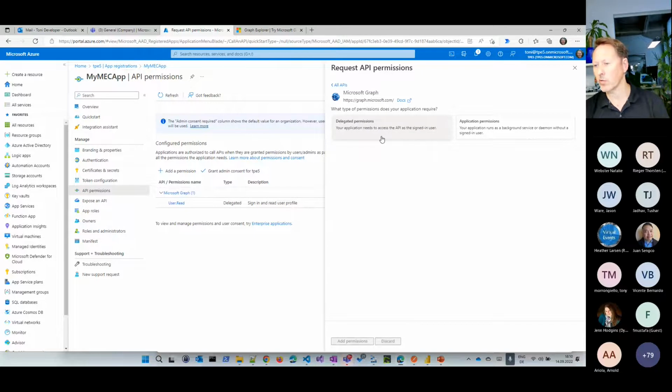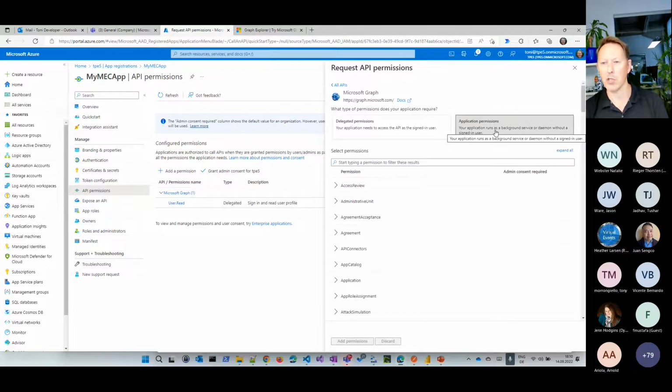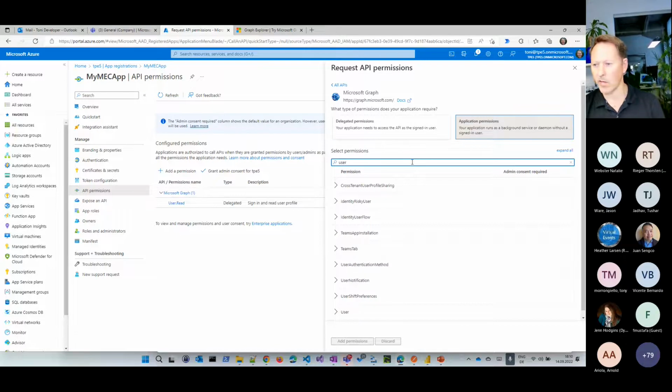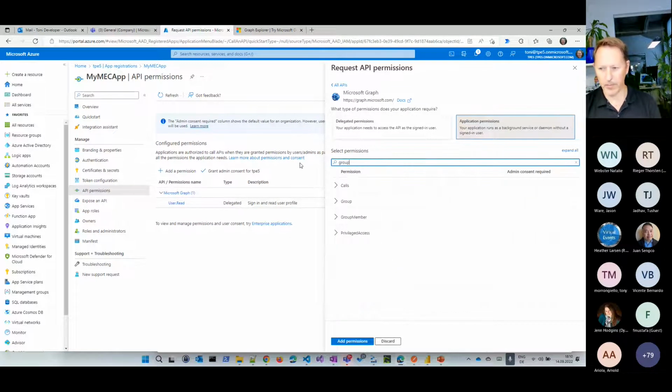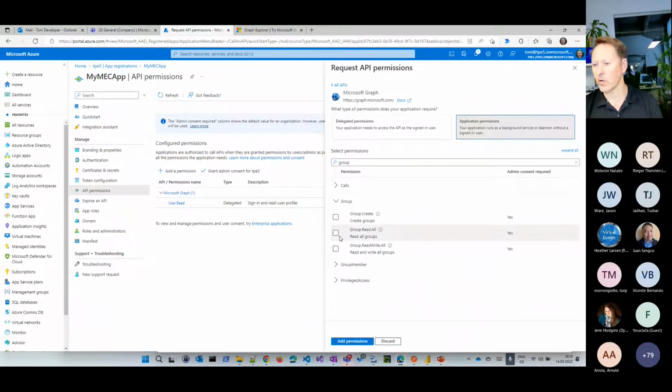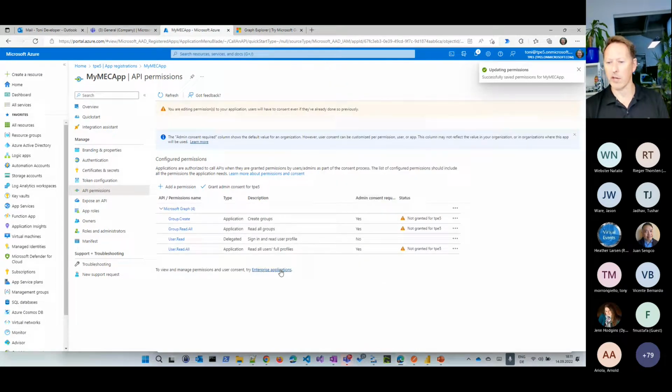And now I decide, do I want to have an interactive login, which is a delegated permission, or do I want to have an application permission? In my case, I want to use this application in a PowerShell script to do something in my tenant. So I select application permission, and then I search, let's say for user, for example. I want to be able to read all users in that Active Directory, and I search for groups, for example. And I also want to be able to read all groups, which includes Microsoft Teams and Microsoft 365 groups. So group read all. Eventually, my application is also used to create a new team. So I would select this one here as well. So these are the permissions which I select for my application.